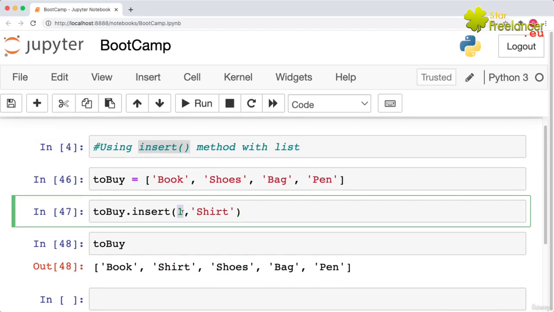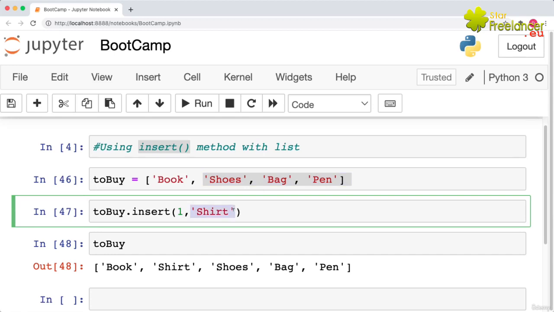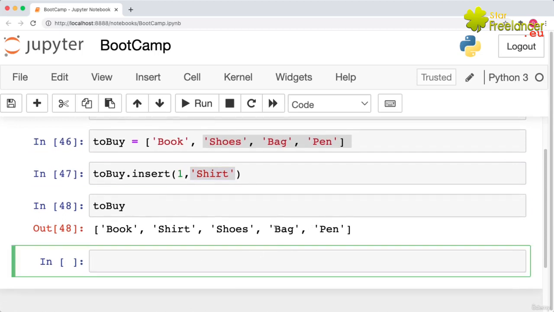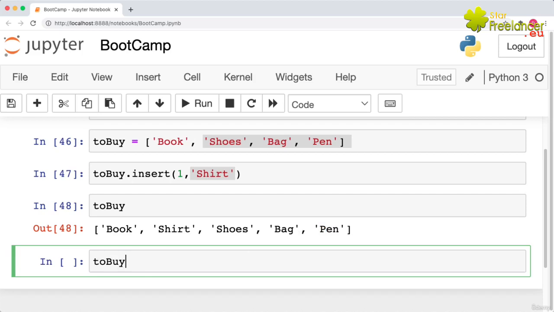Remember, this is the index position, 0, 1. So I want to put this one to the right. Then put insert, a new object in that place. Remember in Python, everything is object. What if you want to put something at the end? I would want to replace this. If you want to replace it, you can use other method. But if you want to put something here without replacing it, simply say to buy,